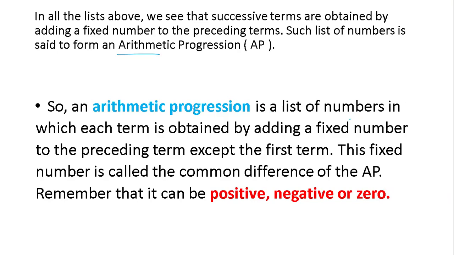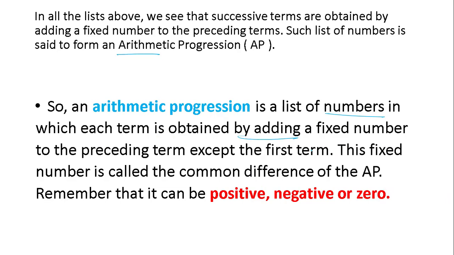Arithmetic progression means adding or subtracting numbers in sequence. See, an arithmetic progression is a list of numbers in which each term is obtained by adding